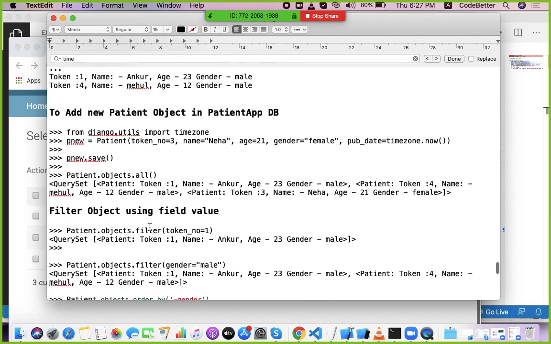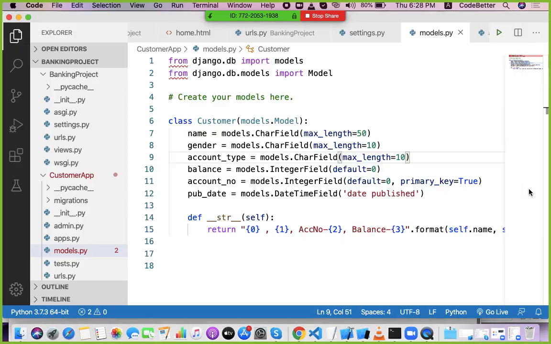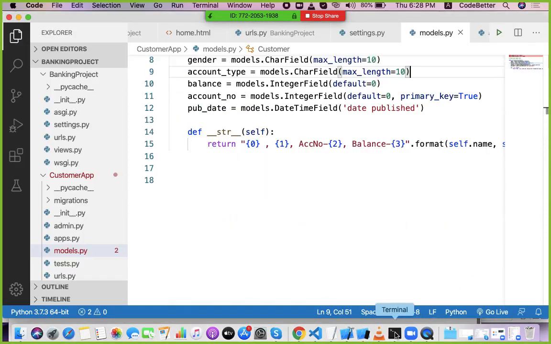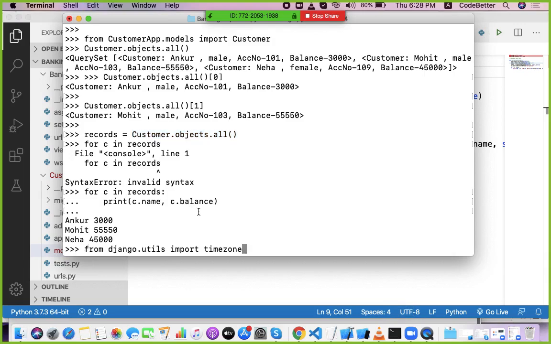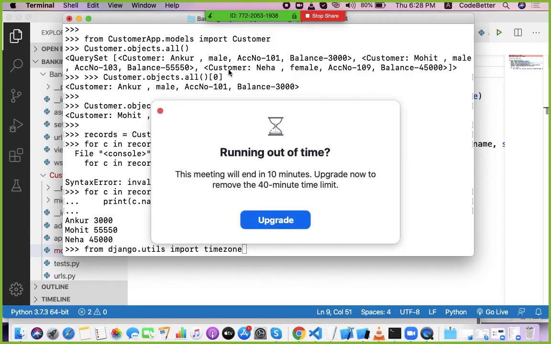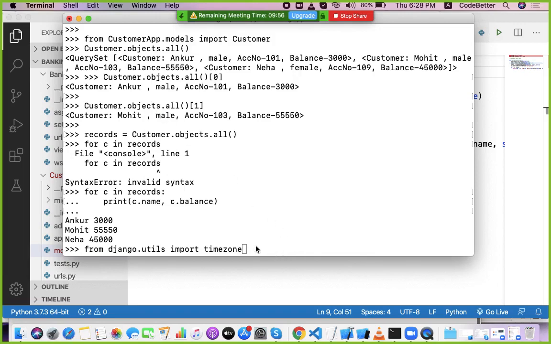If you want to insert data, you can write a simple query where you provide data for all the columns. You create the object of that and you can pass the data. So here on the terminal I can write, because I have one column, the publication date, I need one import, the timezone import.